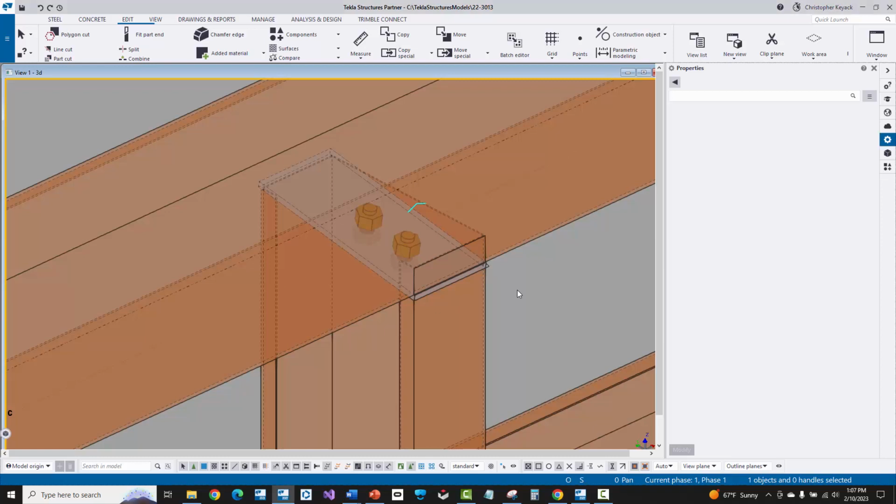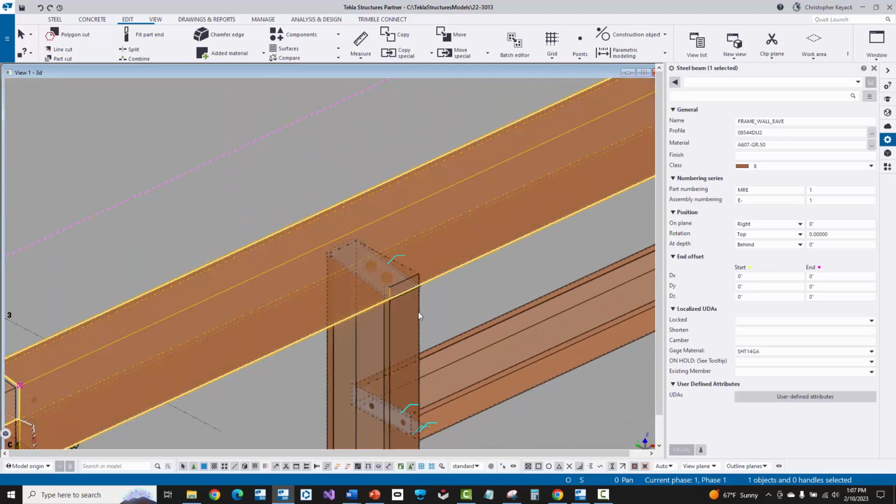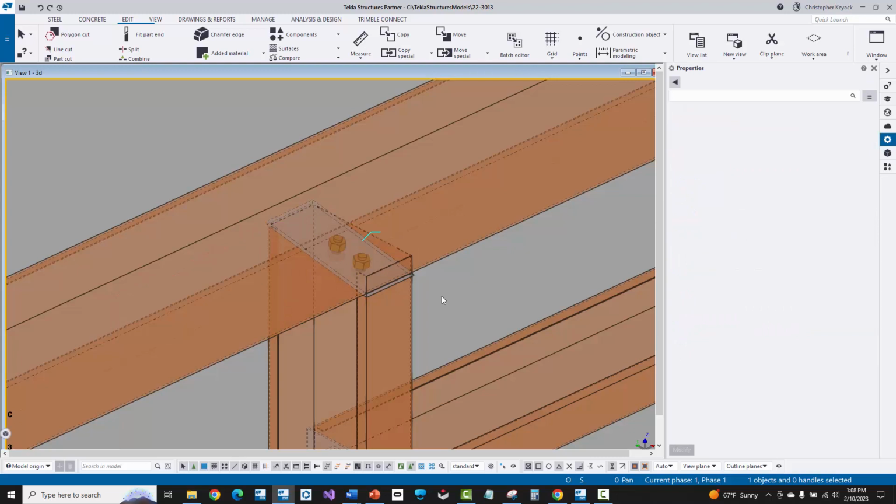Hello, my name is Keyack, and in this video today, I'm going to showcase how to manually apply a cut here. For instance, I have this eave strut, and then I've got the jamb, and MBS SlideRule just missed this